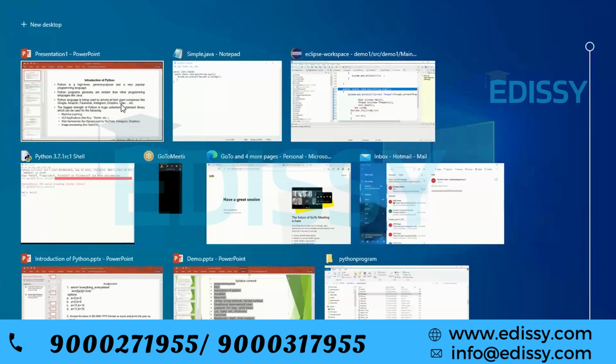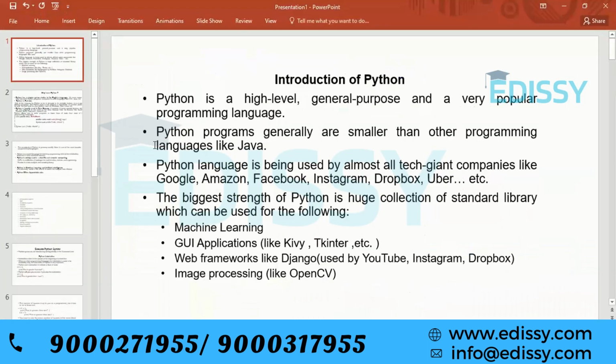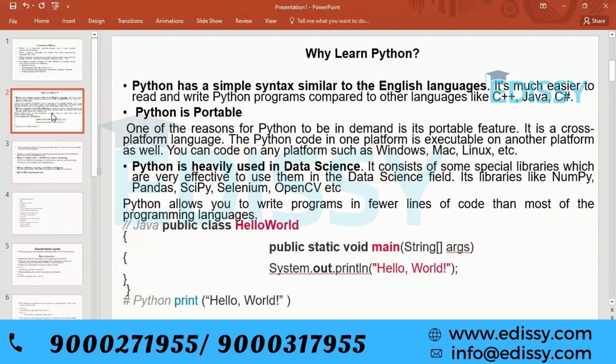So these are the features you see. In today's scenario, Python and Java are the most favorite and most famous programming languages. And you can post on that particular website and get responses from many programmers who are working with it. And it is similar to the English language, as I have explained.